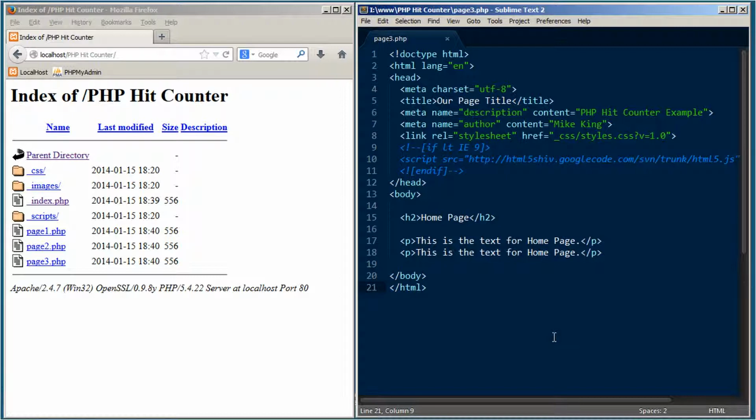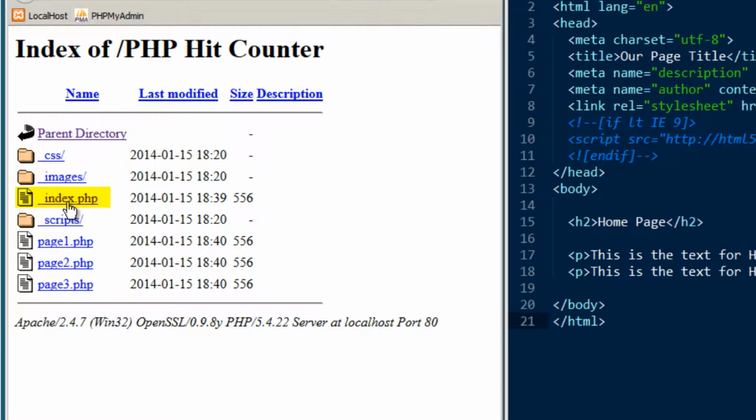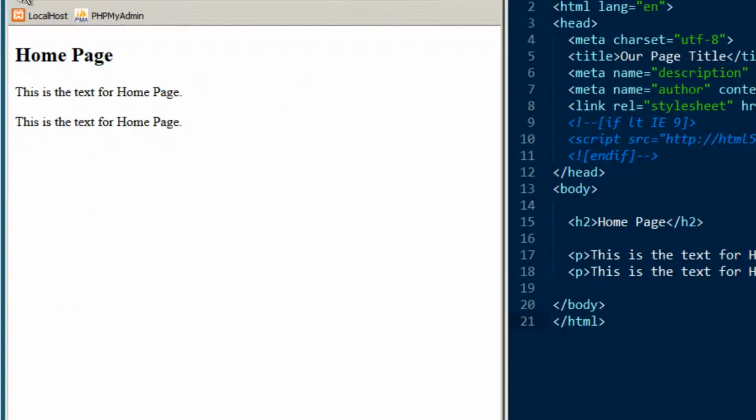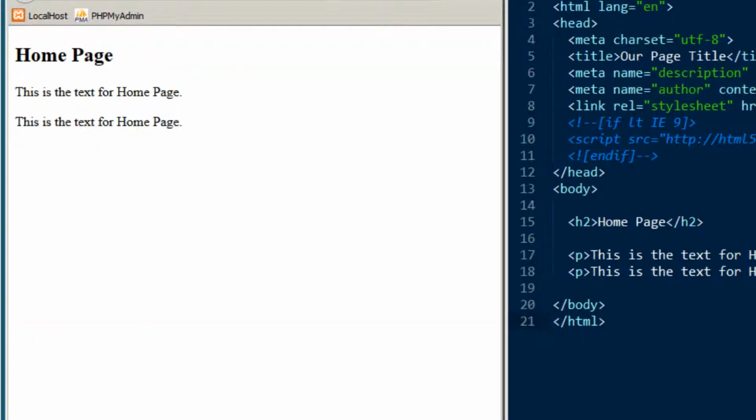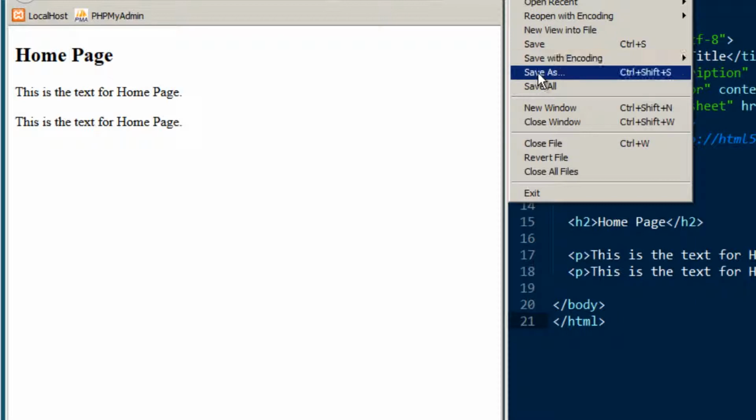One thing I want you to notice, the reason I put the underscore on this index file: if I were to name this index.php or home.php, it's going to run automatically as soon as I enter this PHP Hit Counter directory. By putting the underscore before it, it gives me control as to when I want to see it. In other words, it's not going to load this file until I physically click on it. I'll show you exactly what I mean. If I were to go in here and save as